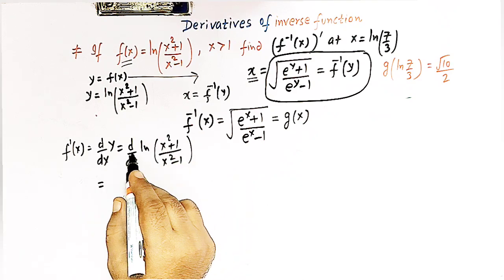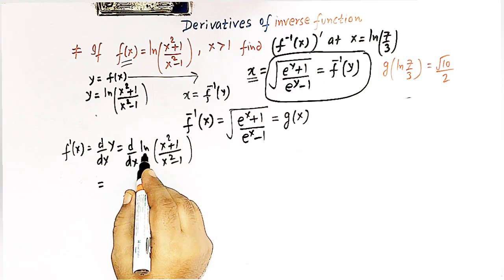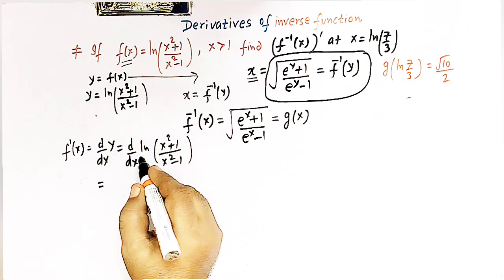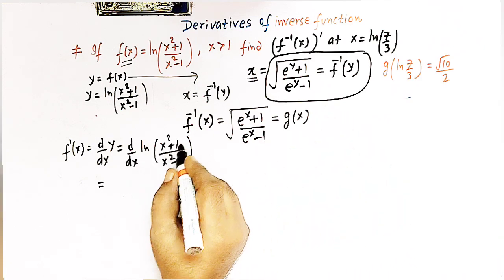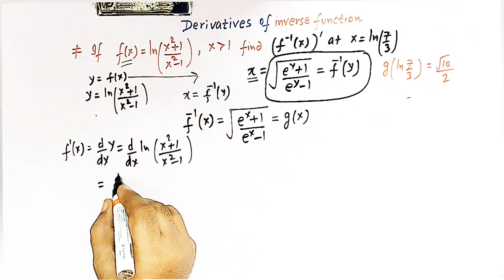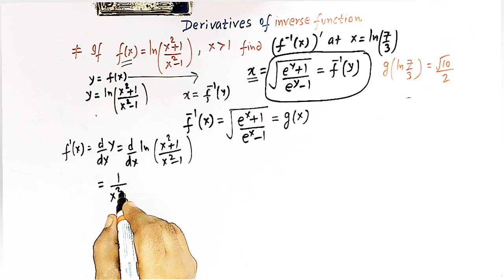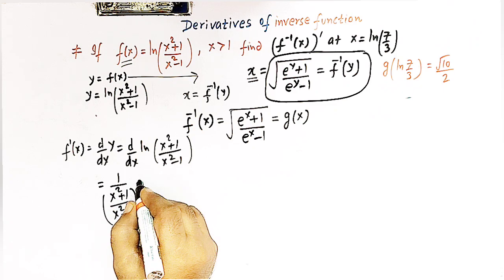So here we have to find the derivative of this log function, and the derivative of log of x is given by 1 over x, and for x we have this entire term. So we can now write 1 over (x square plus 1) over (x square minus 1),